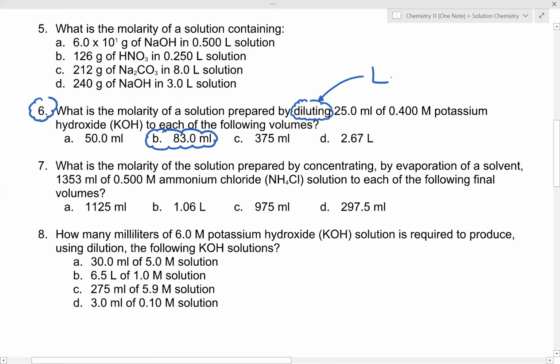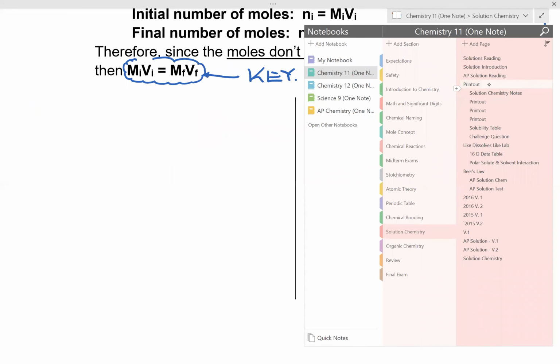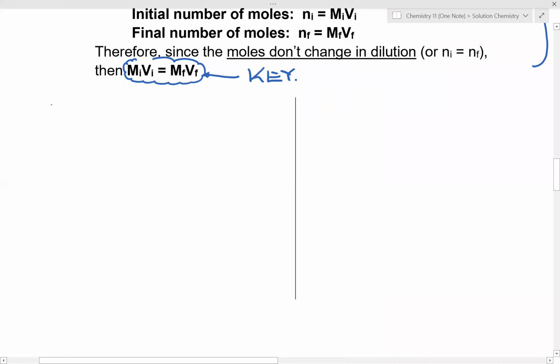Sometimes I will use the word diluting, sometimes I will use the word mixing. But in this case, what you're doing is you're starting off with one solution and you're changing the volume. By reading the question, you are able to say, hey, I'm going to be using dilution. I'm going to be using that MiVi equals MfVf. So in this case, if we were to take a look at question number 6B,